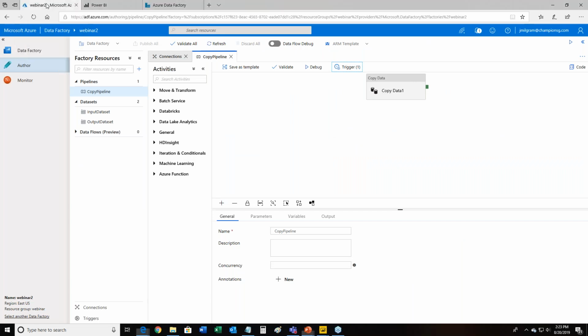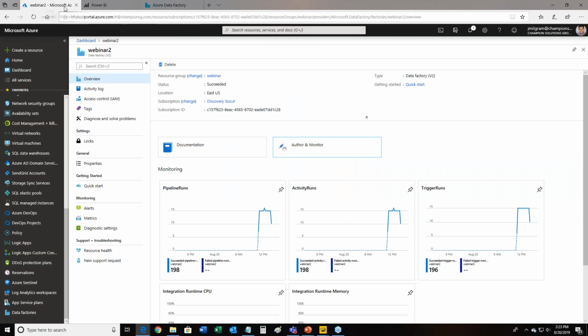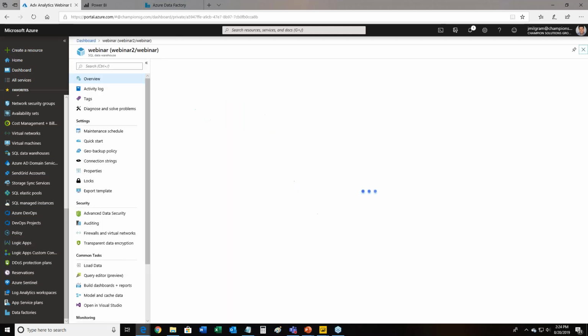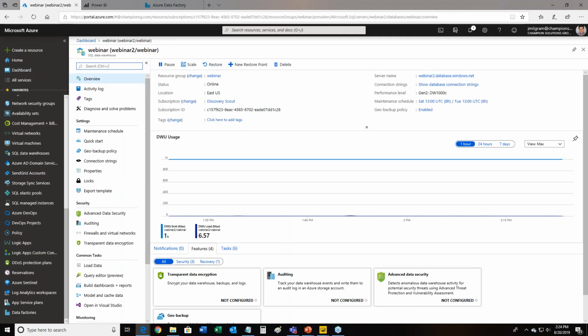So for that, I'm back in the Azure portal, and I'm going back to my custom dashboard here, and I'm clicking on the SQL data warehouse that I created earlier. Now, for those of you who've had to create data warehouses in the past, a number of years ago, for some it could have taken a week.